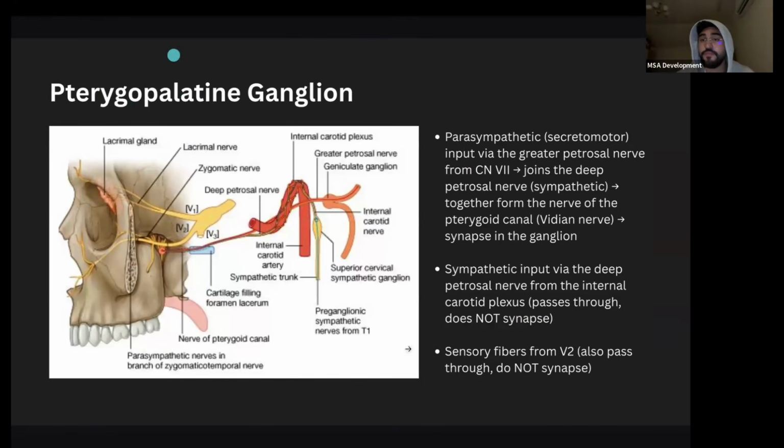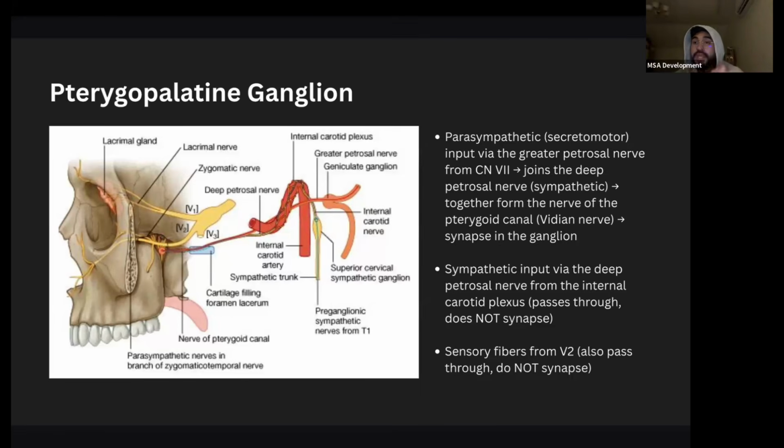So this is a refresher. This slide is really just a refresher to what we discussed earlier regarding the parasympathetic innervations of the facial nerve through the pterygopalatine ganglion. So right here, this is your pterygopalatine ganglion, right? This is just within the pterygopalatine fossa. How does the parasympathetic innervation reach